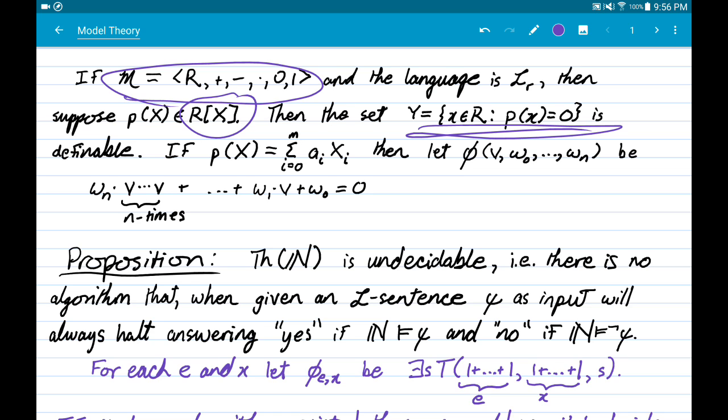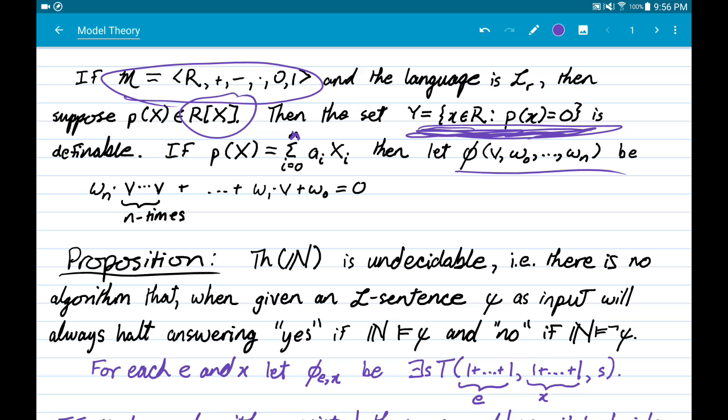So the set that I am going to define is, for a fixed polynomial, the set of all elements in the ring which map to 0 according to the polynomial. So, for one thing, actually, I think the author has a little bit of a typo here. I think this really should be n, but basically just give names to your coefficients of the polynomial, and we